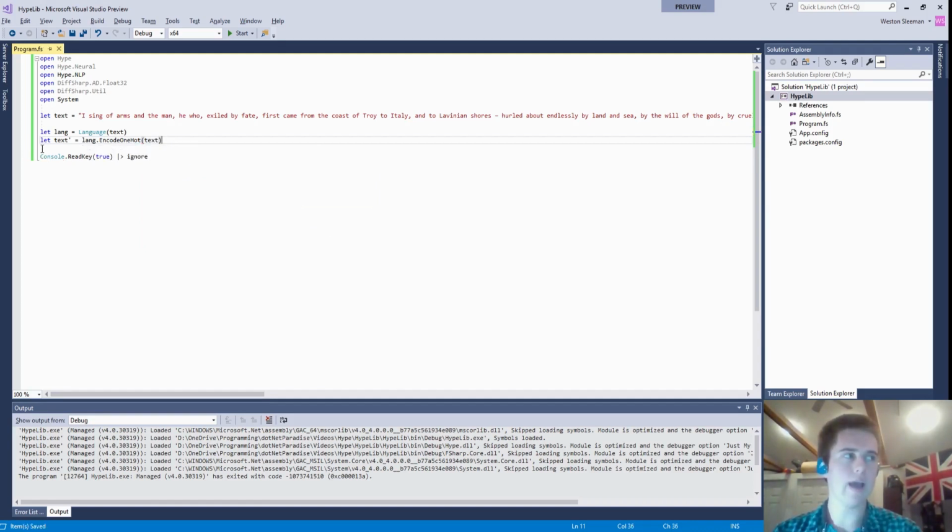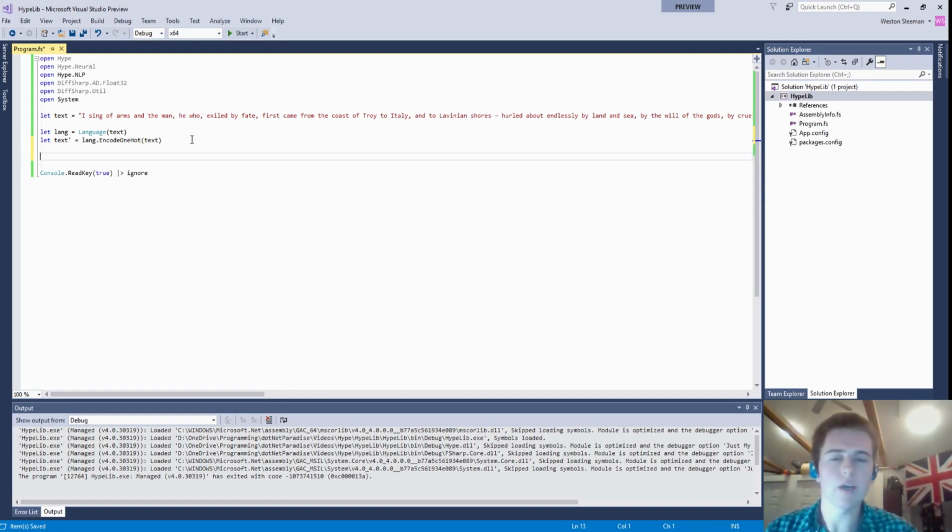Simple as that. We now have all of our one-hot vectors. Now, in order to train it, we need to give it both inputs and outputs. In this case, what we want it to do is, given a token, a word, be able to predict the next word in the sequence. So we're going to make a new data set, which we're just going to call data,